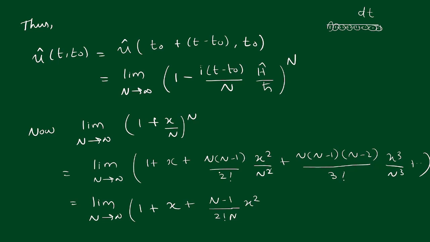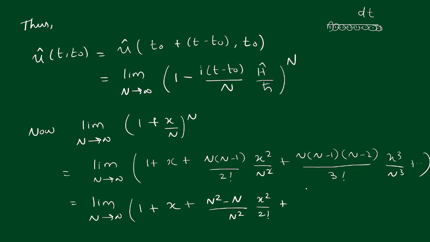Oh, sorry, this is n square minus n. Okay, I'll write it like this. All right, this is n square minus n divided by 2n square. Okay, that's better. Or I'll write it as n square minus n by n square x square by 2 factorial